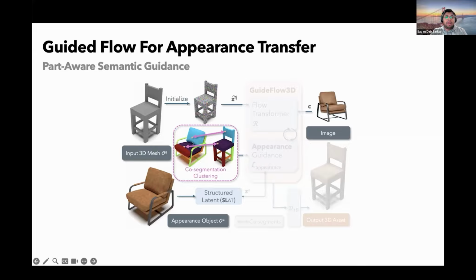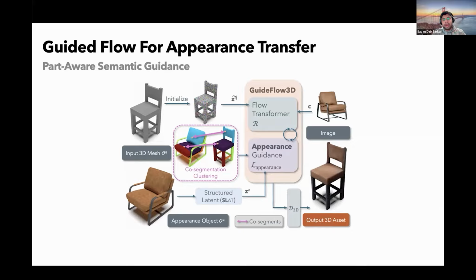And then what we are trying to say is that the similar parts should correspond: the back of this chair should correspond to the back of this chair, the seat of this chair should correspond to the seat of this chair. But as you can see here, this part co-segmentation is not really always correct. Here, this is red on the back, but the red is here only on the legs. What we are trying to enforce here is that we do a soft assignment with co-segmentation clustering to enforce that